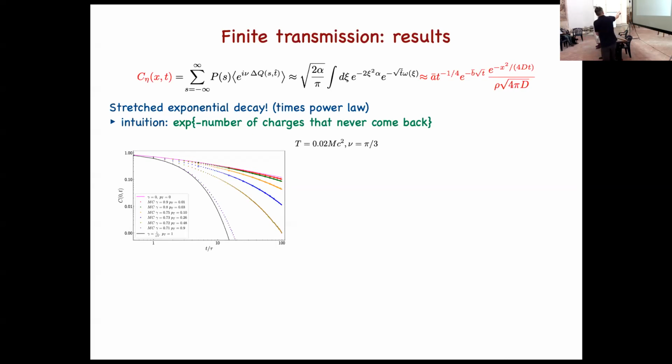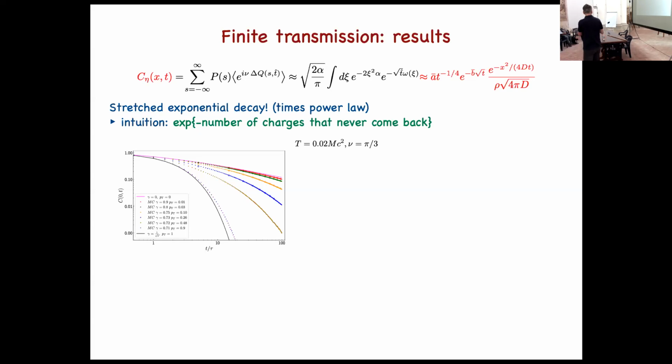In this plot, the small triangles or small dots are numerical semi-classical simulations, which means that we generated these initial states, we did the time evolution, we did the stochastic collisions, and measured this quantity many times. I hope you can see there are some open circles, maybe on the blue curve. This is not a simulation, but this is using this Fredholm determinant result, in the analytic formulas I showed you before. And you can see that the agreement is essentially perfect, even at relatively short times and even at relatively large